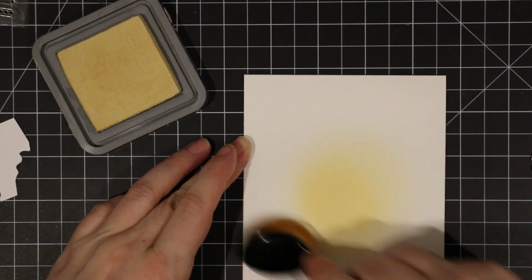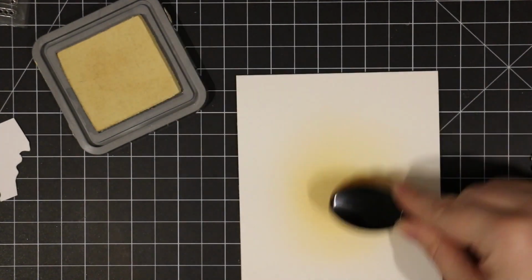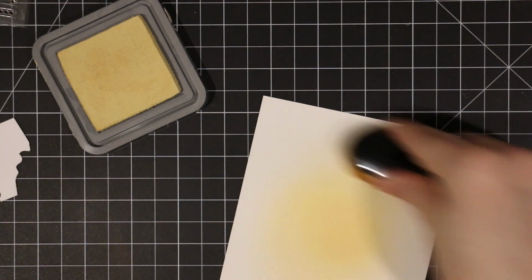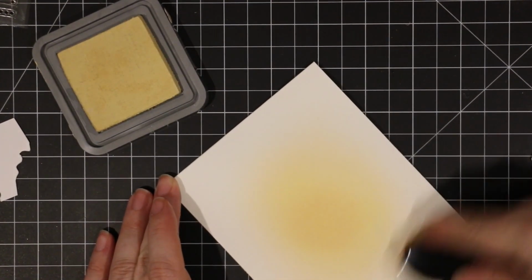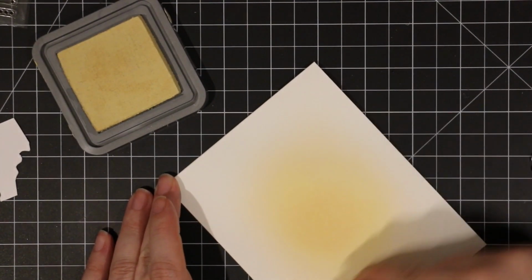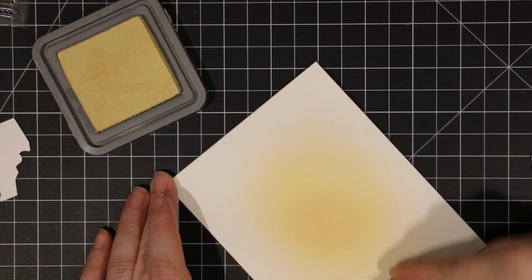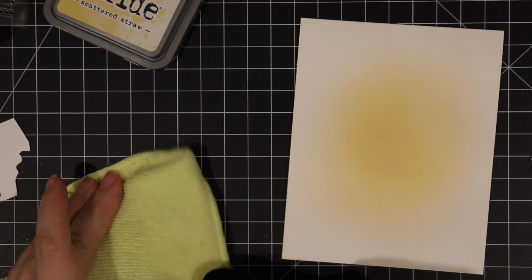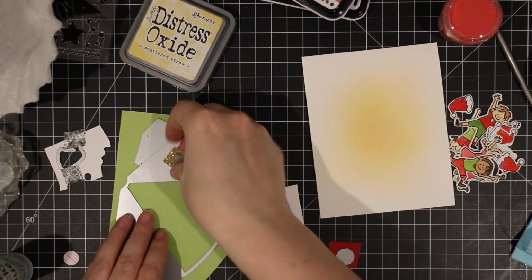So for the Christmas theme of this card, with these stamps, I have another Simon white card base, this time a top folding 4 1/4 by 5.5 card. So in the portrait mode rather than the landscape mode. And I'm using the Scattered Straw Distress Oxide ink that I just got my hands on and blending that onto my background, just starting in the center this time and pulling the color out from the center. And again, wiping my brush off on my microfiber cloth. And then for the centerpiece of the card, I'm using the pull tab